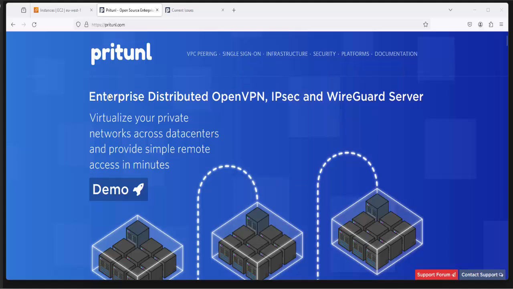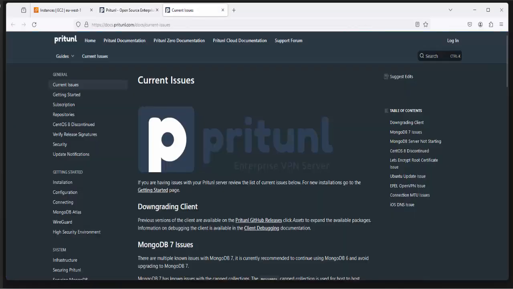Hello and welcome to a new lesson on how to install Pritunl on Ubuntu 22. For more details about Pritunl, visit pritunl.com. Documentation is available at